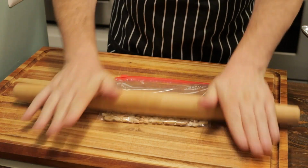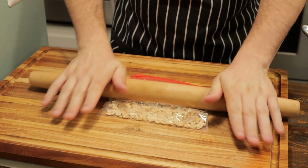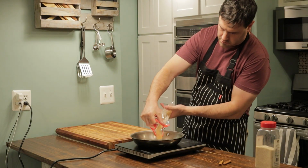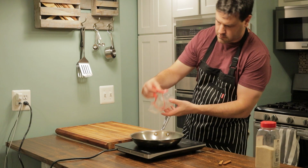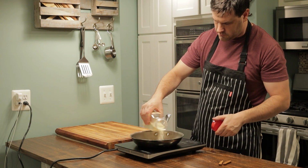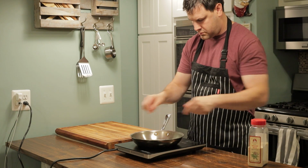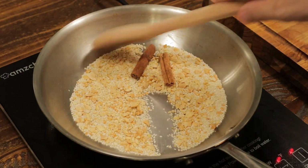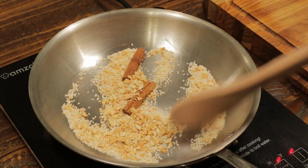Take those peanuts, put them in a Ziploc bag, want to crush them up a little bit, have them into smaller pieces, just pop that in the pan. Make sure the pan's on low heat because we don't want to burn this. Some sesame seeds, about a quarter cup. There's really no recipe for this, it's whatever you like. A couple of cinnamon sticks, toast those up, low heat, make sure we don't burn it, just let them nicely